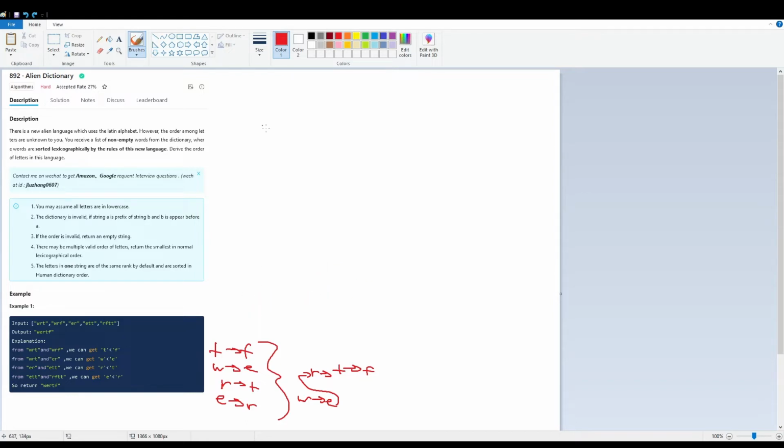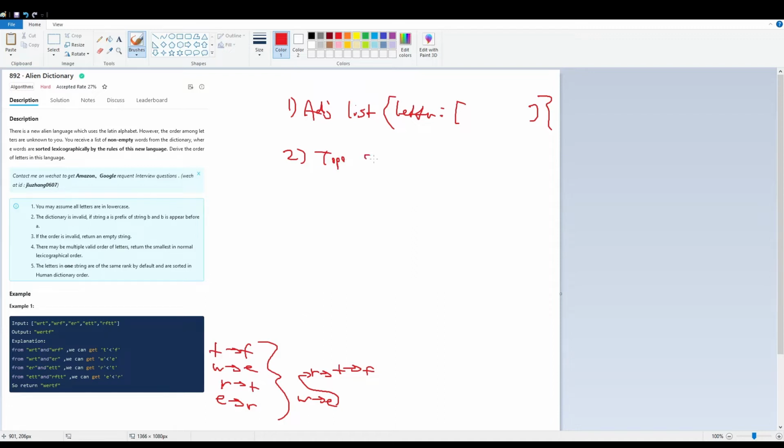So the first step we're going to do is build an adjacency list, where there's a letter. The format of this adjacency list is going to be a dictionary where there's a letter, and everything in the adjacency list will be whatever comes after this letter. So for example here, if we have R, what's going to be in here is T and F. Okay, so we're going to build our adjacency list first, and then using this adjacency list we're going to do